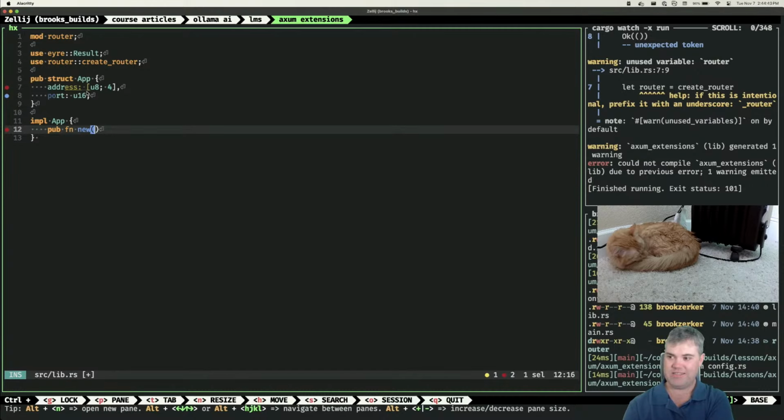All right, let's see. What function new? So if I want to do a random port,